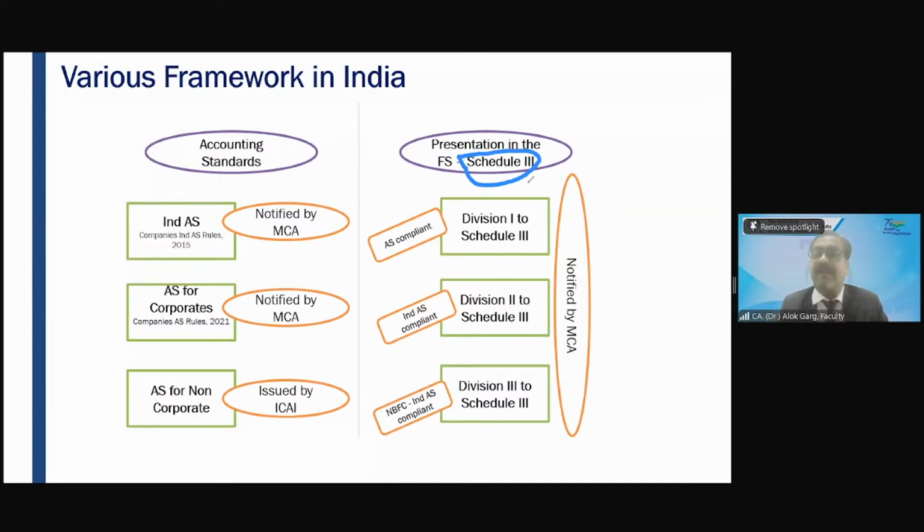So friends, in India, we have three kinds of Schedule 3: Division 1, Division 2, and Division 3 to Schedule 3. What is Division 1 to Schedule 3? Division 1 is applicable to the companies which are accounting standard compliant, on which accounting standards are applicable. As I told you, AS as well as Ind AS is applicable to companies. So on those companies where accounting standard is applicable,